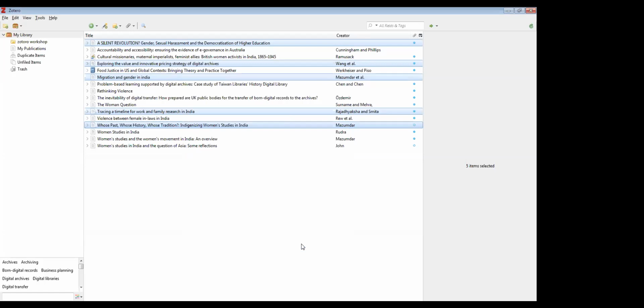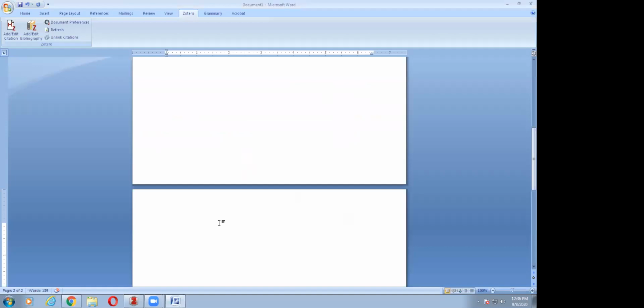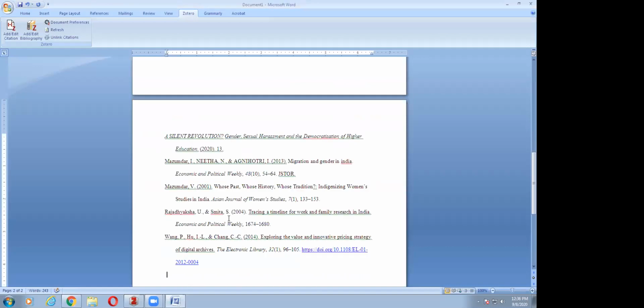It is a similar option like Control C. So you have just copied it into the clipboard. Come into MS Word here and paste it with Control V. It will create a bibliography for those you have selected in Zotero.